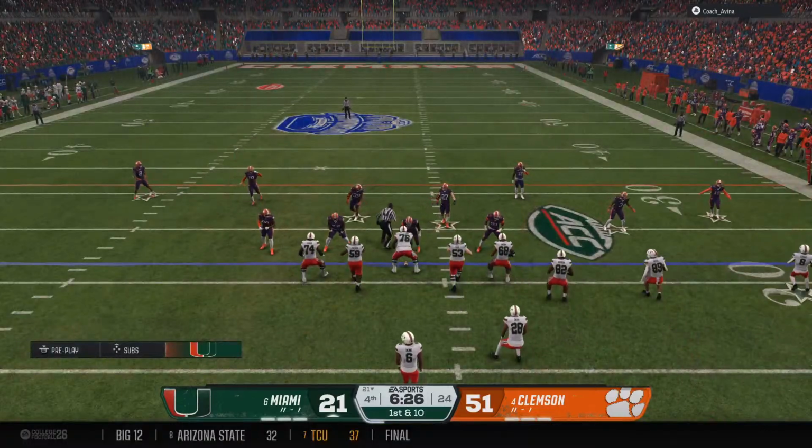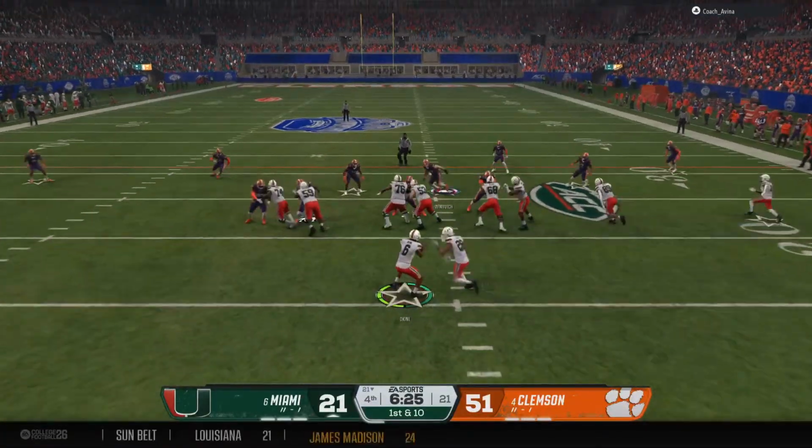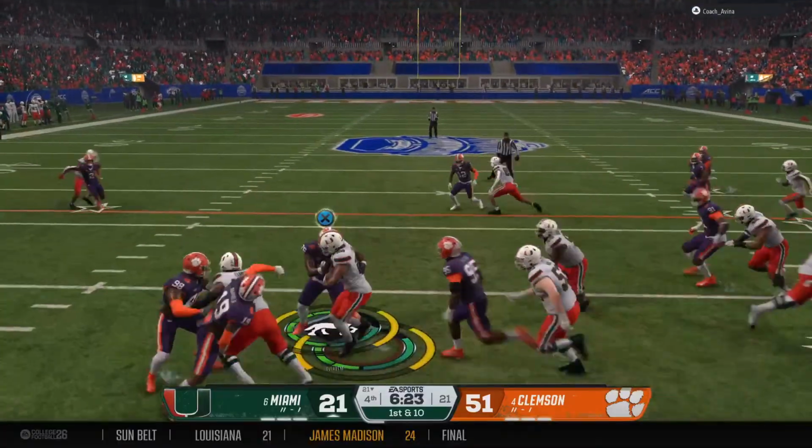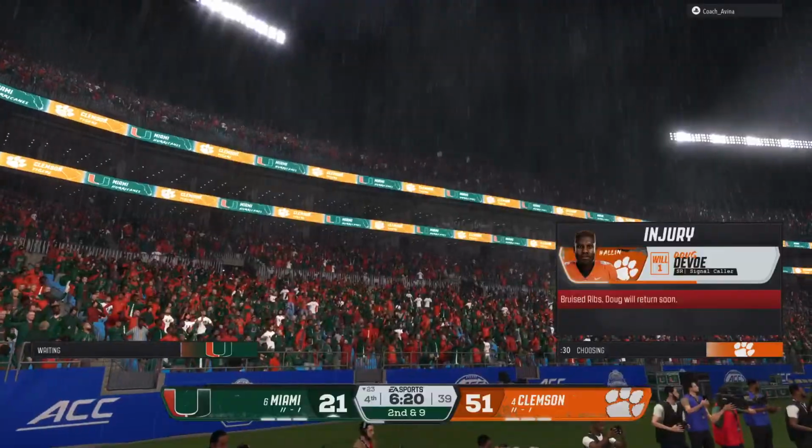And here comes the Miami offense back out onto the field. They had some good things going on the last drive, but it ended suddenly with the pick. Let's see what they can do here. The sophomore with a strong tackle there. Chris, you know,